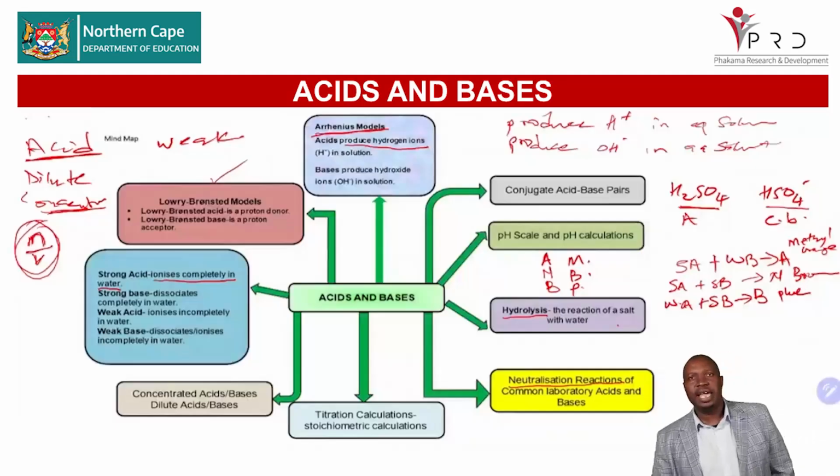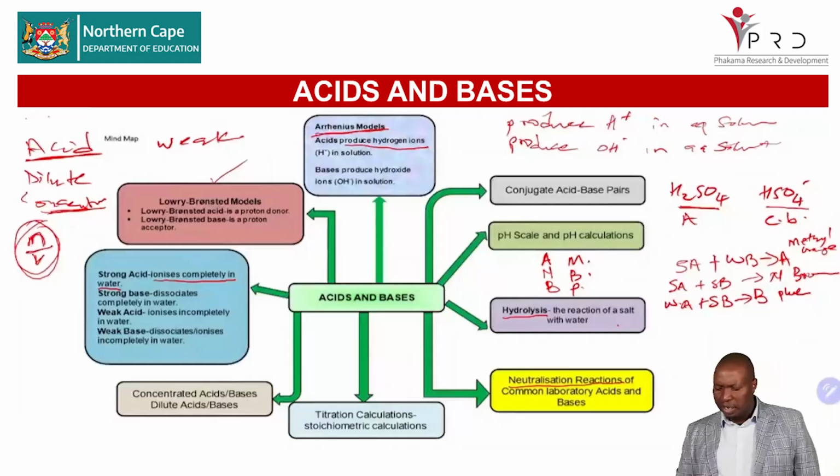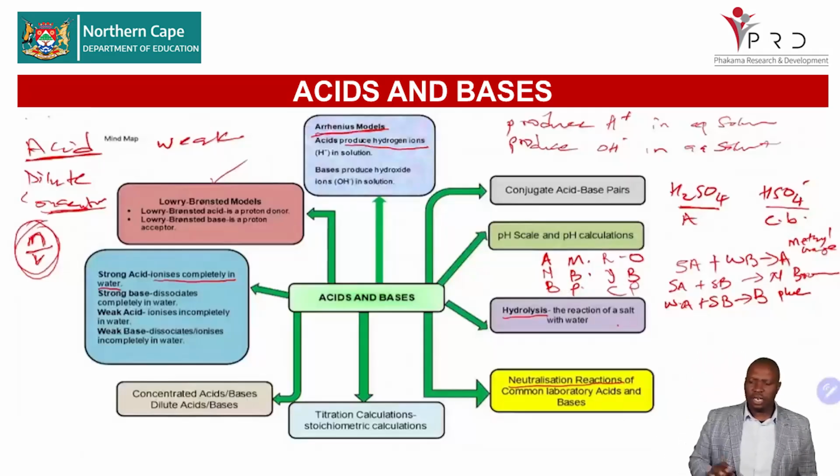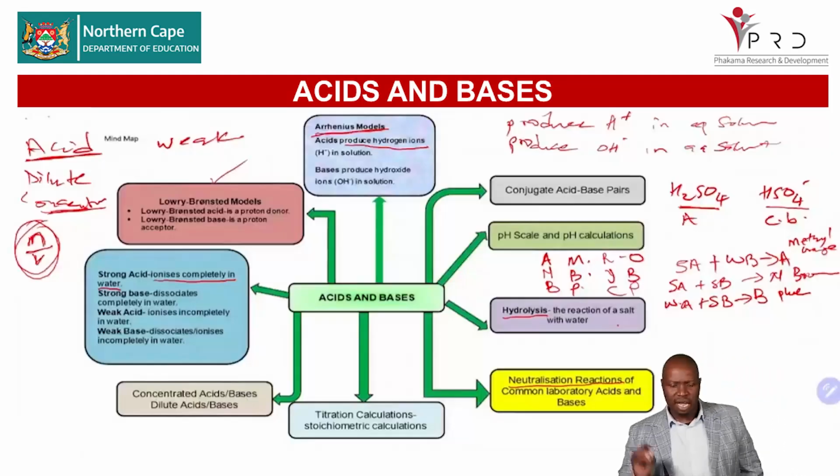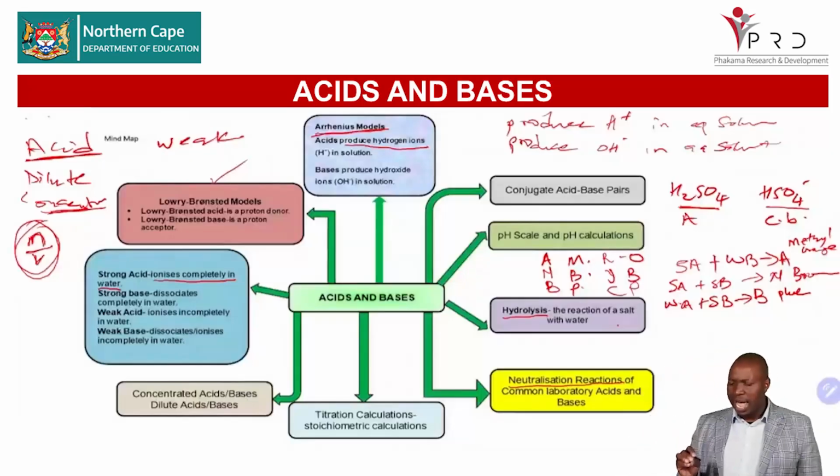You use phenolphthalein. And we always indicate the issue of color changes. Look at that to say when we have an acidic solution, we're going to have a red to orange. And when we are having a neutral solution, we're going to have yellow to blue. And then when we are having a basic solution, we're going to have colorless to pink. So know those color changes, know the choice of the indicator, which indicator do we use when, and know how